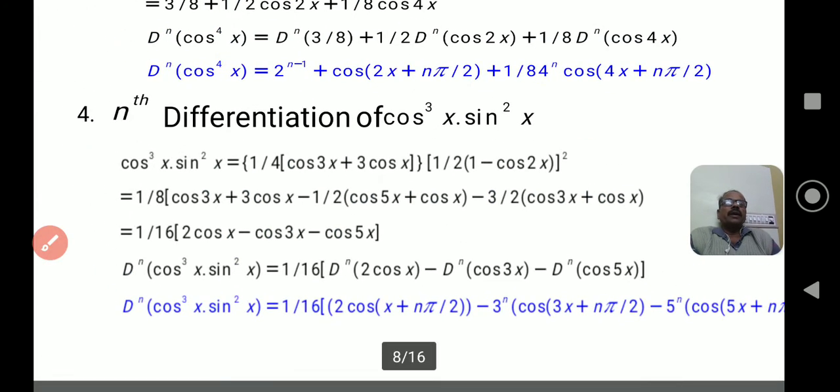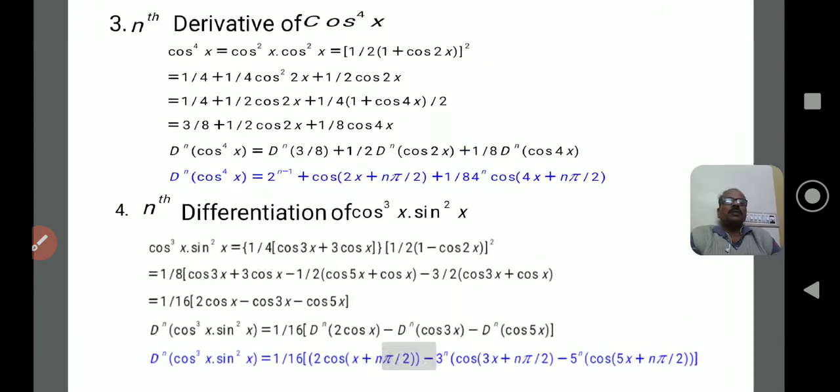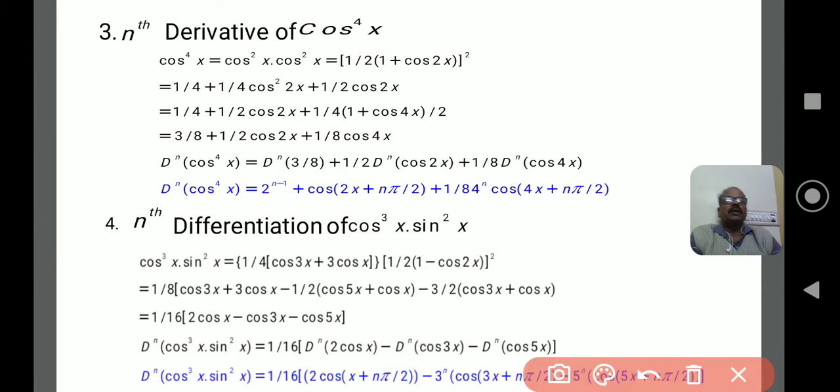Okay, next, what is the observation in the first two results here? cos power 4x is a single term, even though its power is 4, we are applying the multiple angle formulas. In this case, you are applying cos cube x into sin square x, again you are going to use the result of previous results. Finally we get the solution. Until and unless we have the linear term of cos x or sin x or a trigonometric function,